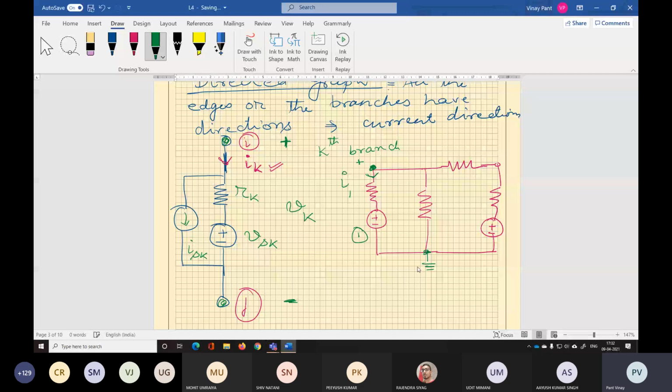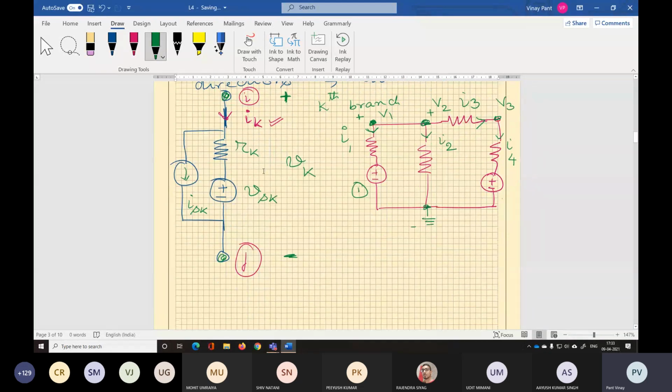This is our reference. This is our element number 2. This is the direction of current I2, the assumed direction of current, and this is plus, this is minus. This is the direction of current in element number 3. This is at a higher potential. This is V1, this is V2, this is V3. So V1 is greater than V2, greater than V3, as we have done in node analysis. And this is the direction of I4. So we assign arbitrary directions to the currents of the elements.